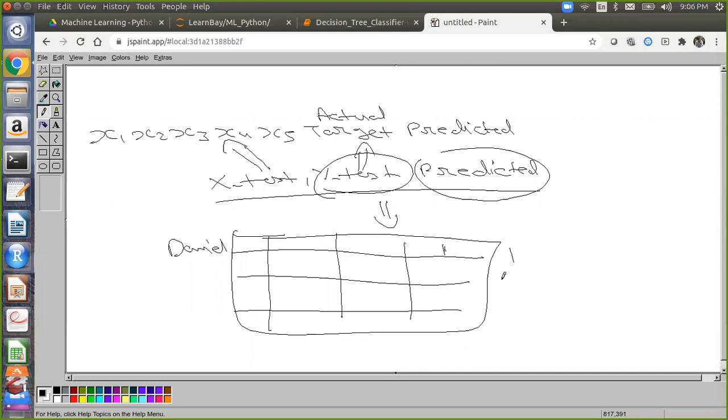The score function just generates the accuracy finally. The confusion matrix will give you the matrix form. Both are the same thing, score function and matrix. One is a matrix format, one is the calculated accuracy.